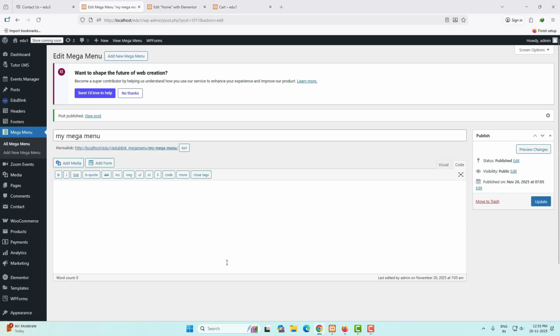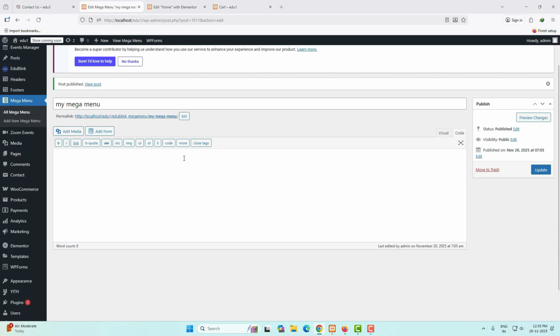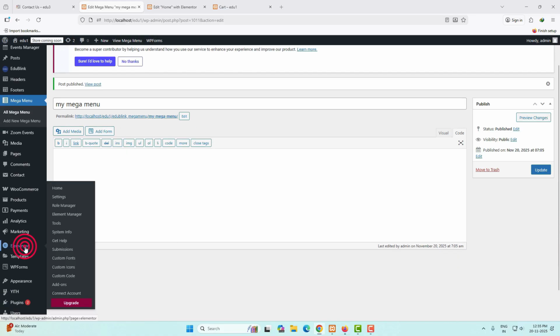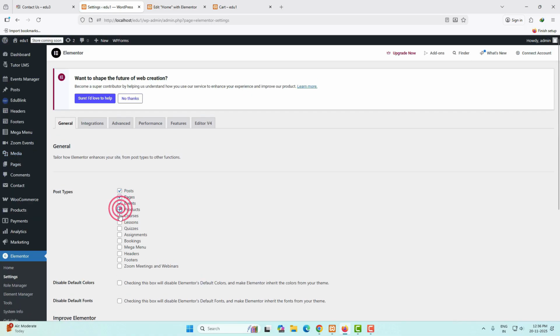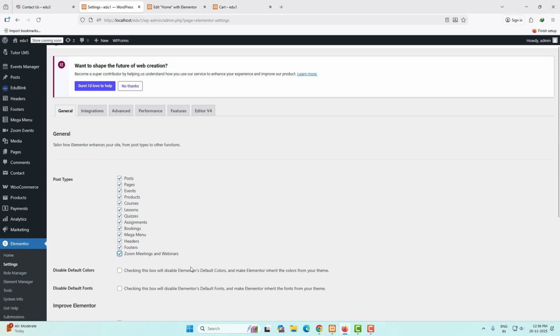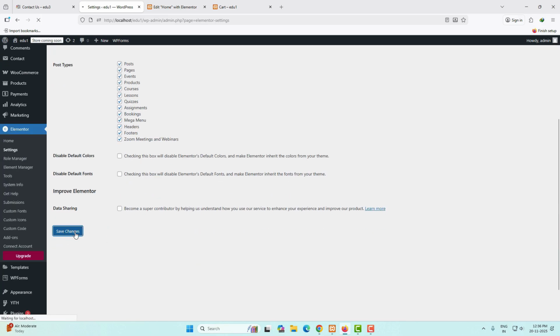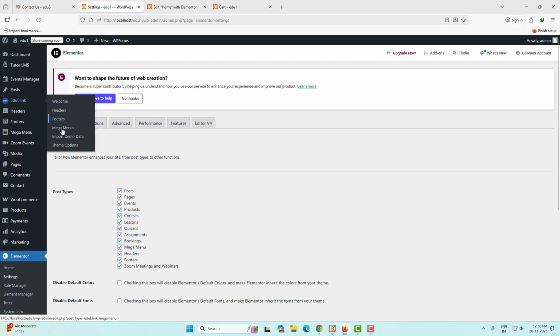I want to edit this mega menu with the help of Elementor, but here we can see the Elementor option is not displaying. So for that, I have to click on the Elementor. Now scroll down. Here you can see the settings downside of the Elementor. Now from here I have to choose all of them. Okay, as you can see mega menu is also there. I have to select everything. Okay, and after that I have to click on save changes,